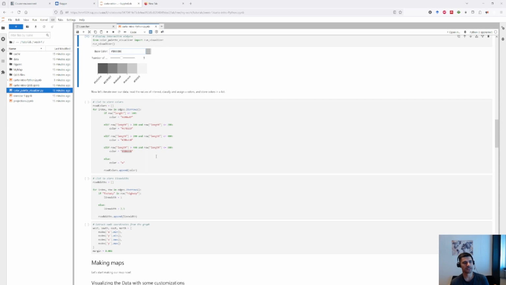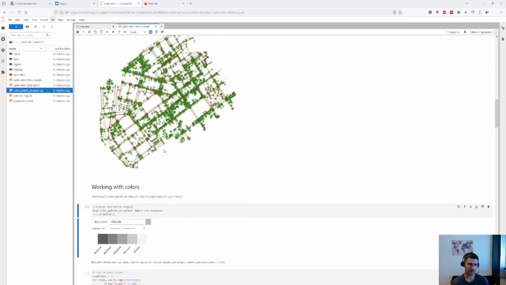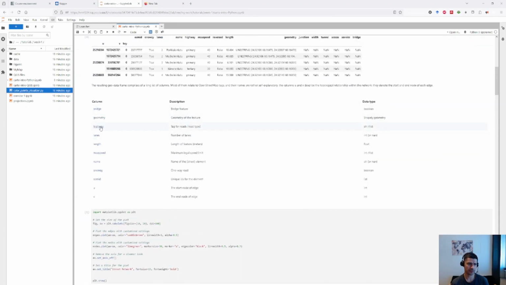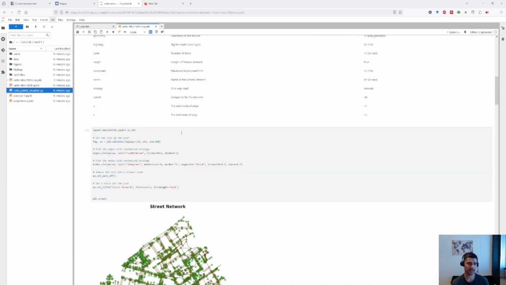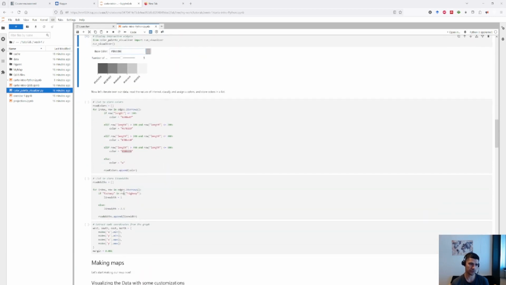Another level of customization that I'm adding to my map here is the line width. So I'm going to color my road lines based on the length, and I'm going to adjust their width based on the type of the road that they are. So in OSM, we have a column called highway. It's a bit of a weird name, but it basically tells you what kind of road you have. Is it a pedestrian route or is it a highway? So there are different values for that. So I'm going to iterate through the values